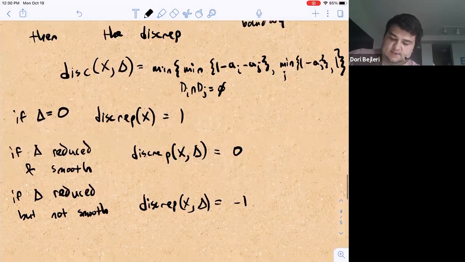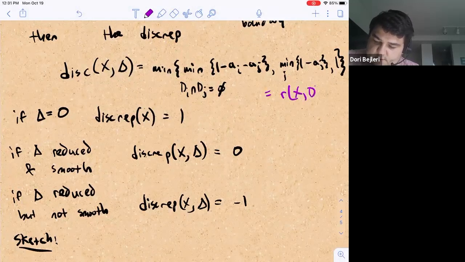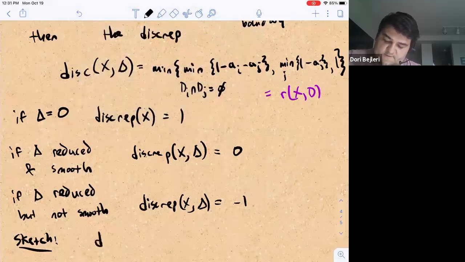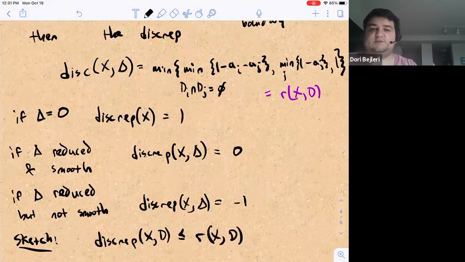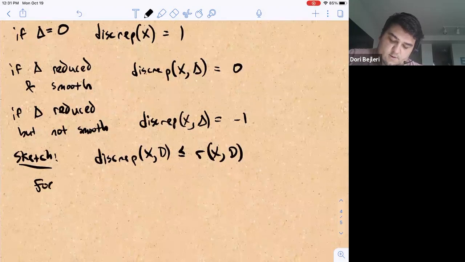Okay, so the idea to actually prove this, which I won't actually do, but the sketch is that let's just give this number a name. This minimum, let's call it r(X, D). So the fact that the discrepancy is smaller is a computation, just like above, where you just compute that there are divisors with these discrepancies. So again, if you blow up the intersection of two prime divisors, we'll get an exceptional divisor with discrepancy 1 minus a_i minus a_j. And if we just blow up a codimension 2 point on our divisor D_i, then we'll get this 1 minus a_j term. So we find divisors that have these numbers as their discrepancies, and that automatically tells us that the discrepancy of the pair is smaller. And now for the other inequality,